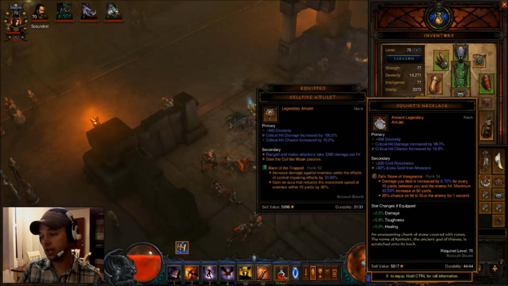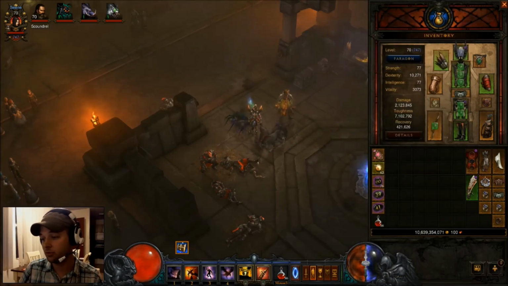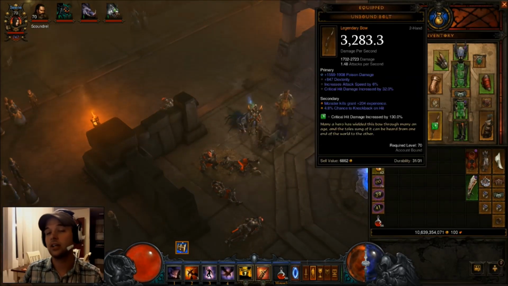So that's just to give you guys a little bit of an idea. Oh yeah, and that's my fire amulet setup. I actually found an Ancient Quartz necklace, and it's pretty good. And I use the Zei's Stone of Vengeance in that, since I'm not really using a slow usually when I run my fire build. But something else I would like to note is that right now in the PTR,